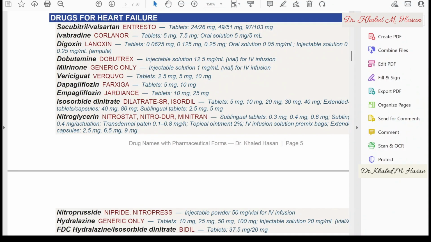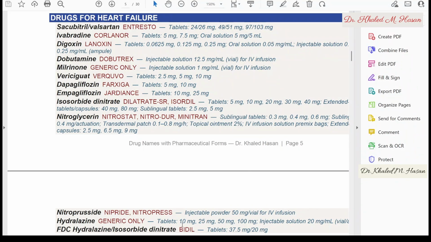We have ivabradine, Corlanor. We have digoxin, Lanoxin. We have dobutamine. We have milrinone, vericiguat, dapagliflozin, Farxiga, empagliflozin, Jardiance, isosorbide dinitrate. Then we have nitroglycerin, nitroprusside, hydralazine. The last one here is the combination of hydralazine and isosorbide dinitrate, the brand name